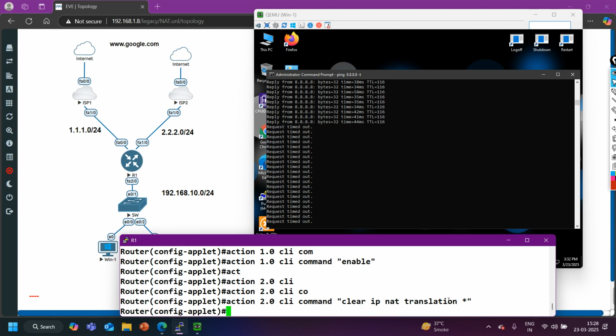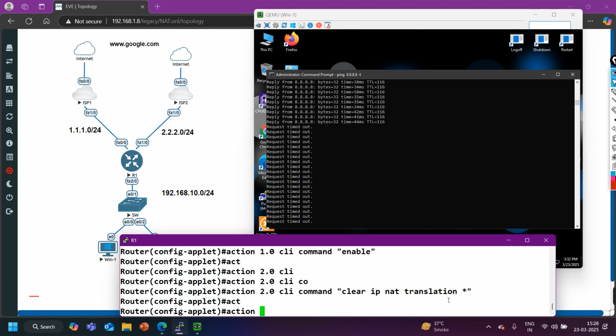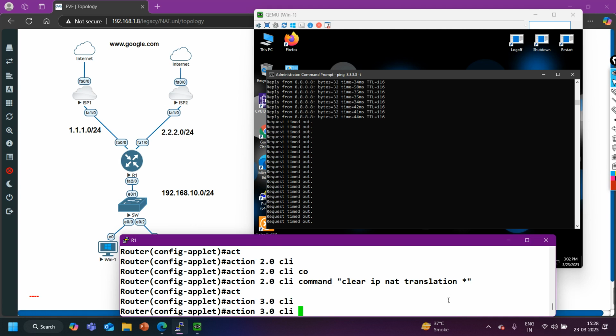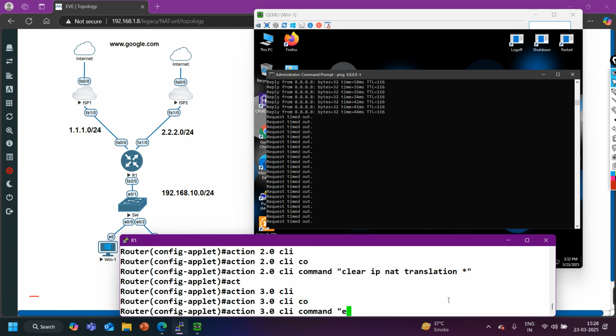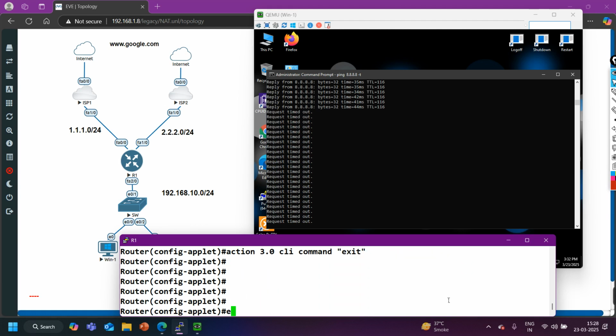star, and action 3.0 CLI command exit, right? Now everything is fine. Soon ping will also start working. See, now